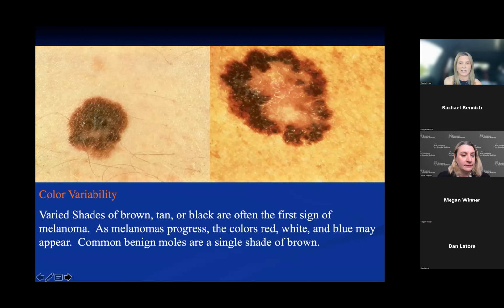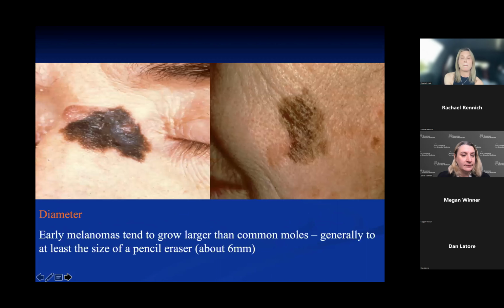C is color variability. Benign moles are often tan, light brown, even dark brown. But when you see various colors or various shades, this can be a sign of a concerning lesion that could be melanoma. And as melanomas progress, you'll even see signs of red, white, and blue that could indicate more advanced melanomas. For many years, D stood for diameter, because early melanomas and advanced melanomas tend to grow larger than common